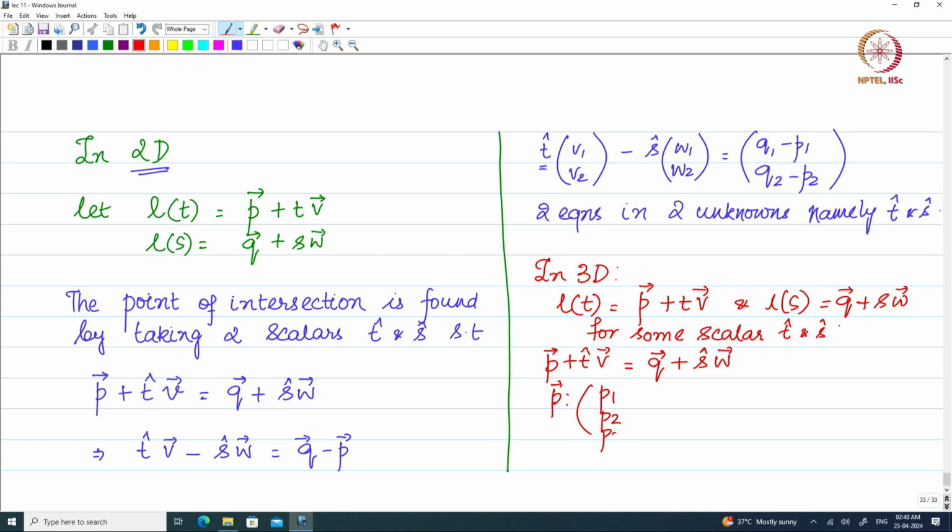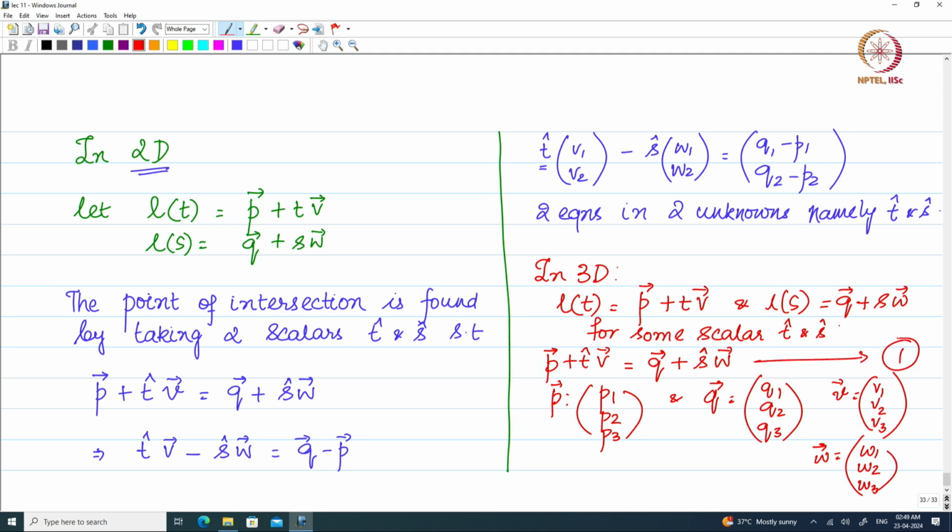So, we have P = (P1, P2, P3) and Q = (Q1, Q2, Q3), this is what we have, and the vector V is also (V1, V2, V3), a 3 component vector, and the vector W is again a 3 component vector. Now, if you try to solve this equation which is marked as 1 here,